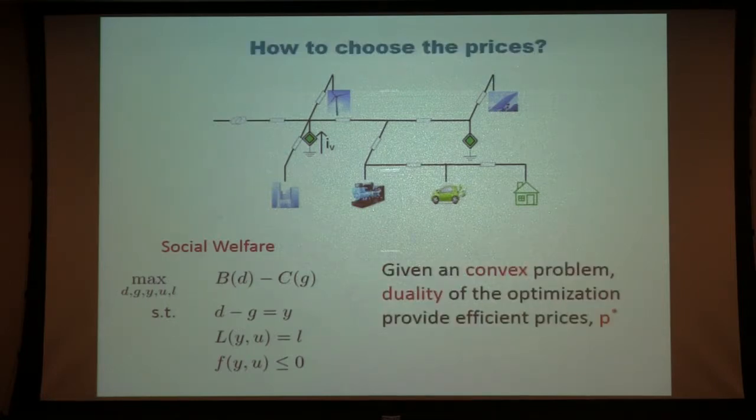If the problem has a nice property, for example convexity, then by looking at the duality of the problem, this can give us the optimal price. Question: do you actually have a functional form for B? I have a function. So you actually don't need... I will talk about that. So how are you going to find the price? Ideally, people assume functions for B.